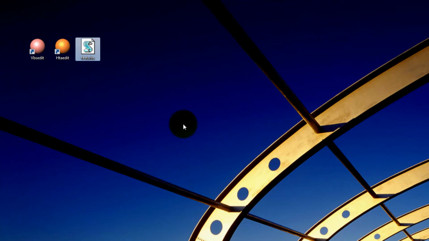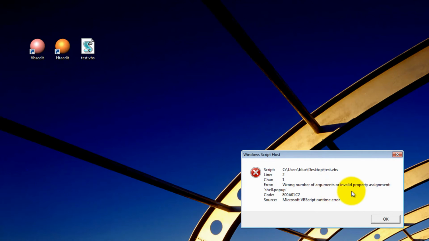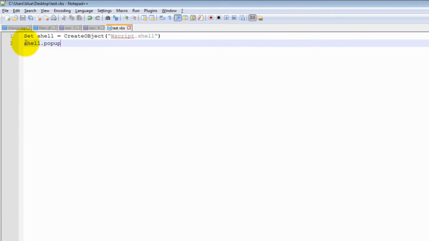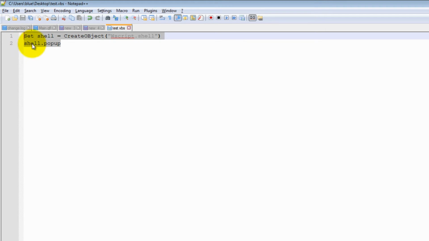Well, for those of you that have written scripts, you know you can either run this through the command line or just by double clicking on it. Let me double click. Oh my gosh, an error. Now, we can at least see where the error is: line 2, character 1. Let's open up the editor. Line 2, character 1. What is that error? I have no idea. But with VBSedit, you can easily take this,